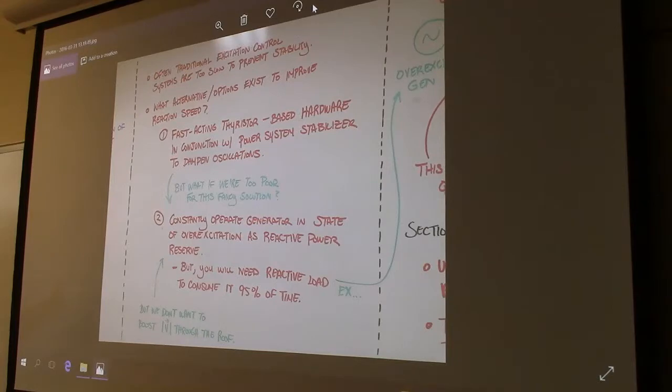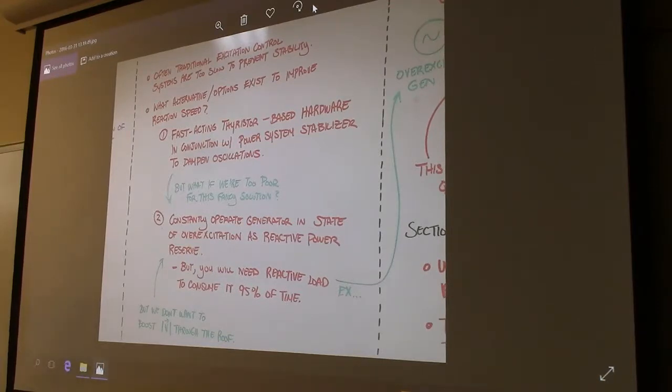So fast-acting thyristor-based hardware in conjunction with a power system stabilizer to dampen oscillations. Without giving too much detail on that, it's a switch hooked up to a capacitor that has closed loop feedback, and so it can read the need for increased Q. That's often going to be indicated by the voltage magnitude dropping, and